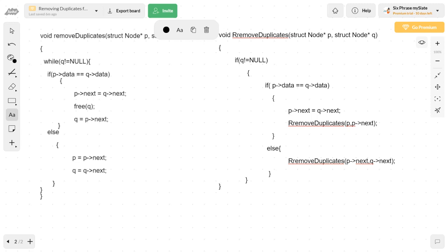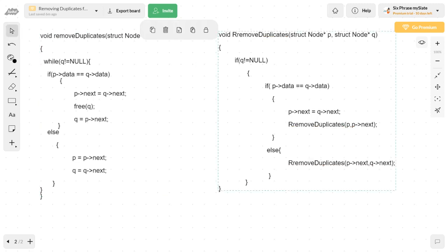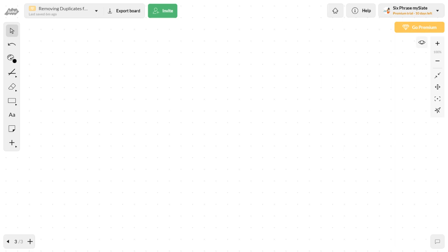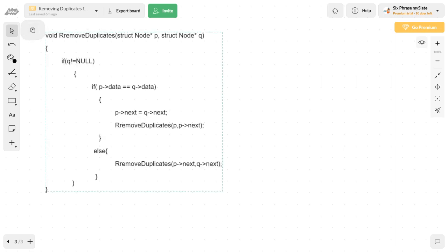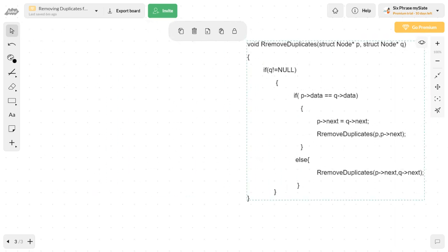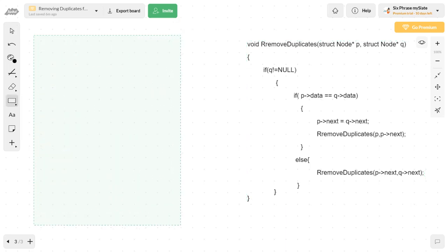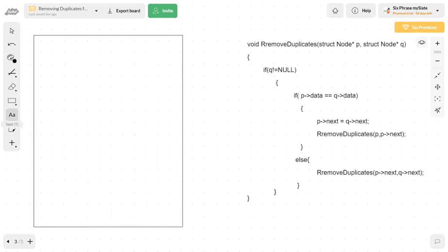Okay, fine. So we will take a copy of this recursive code and create a new board where we can paste the new code. Now for this recursive code, first of all, we will take a main memory.